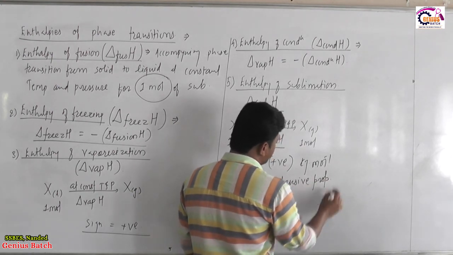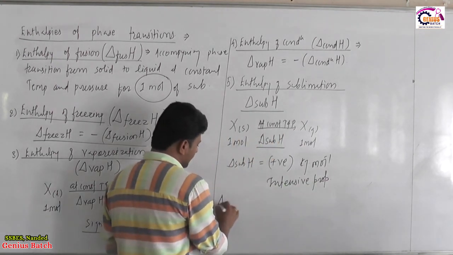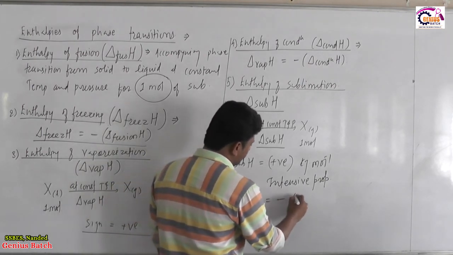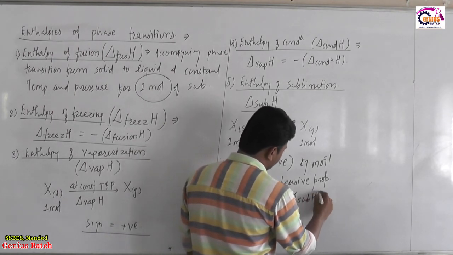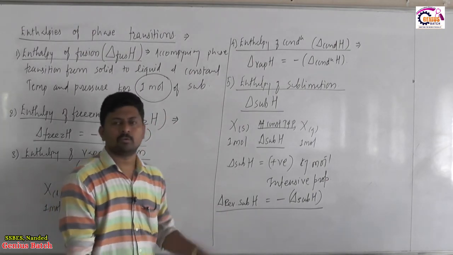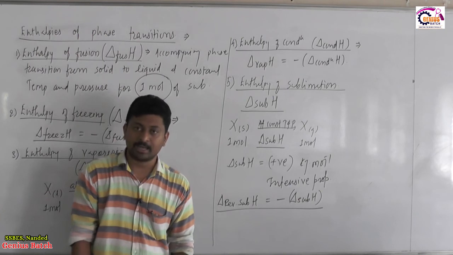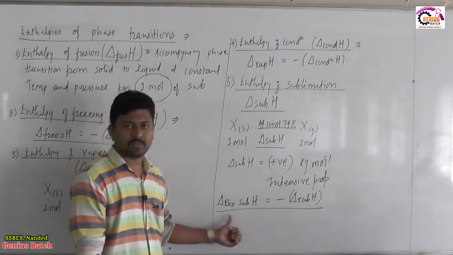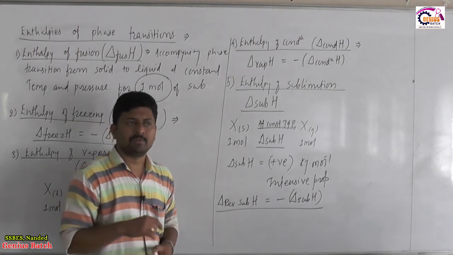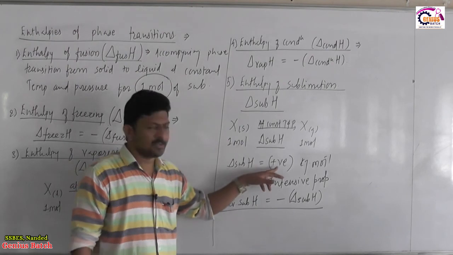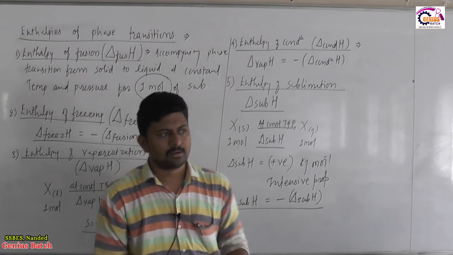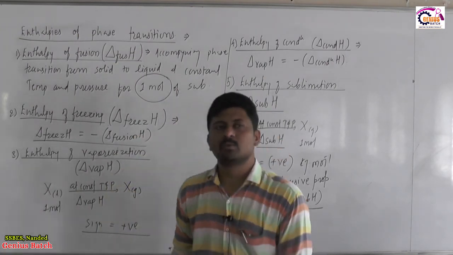Now what about reverse sublimation? Is it clear? Enthalpy of reverse sublimation is minus of enthalpy of sublimation. Nothing different. It is again a transition of 1 mole gas into 1 mole solid at constant temperature and pressure directly. That is called enthalpy for a reverse sublimation. That will again be an intensive property defined for 1 mole, but now it will be with a negative sign because the forward change is positive. Forward positive, the reverse will be negative for it. Okay. So, these are all enthalpies of a phase transition.